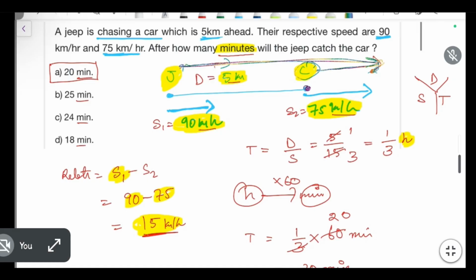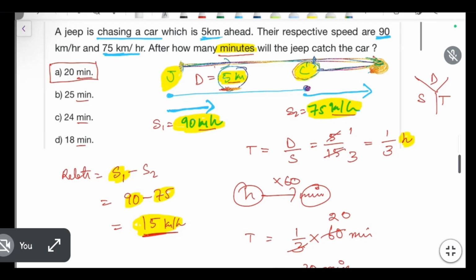So let's say this is the point where the chip catches up with the car. The car will have traveled a certain distance and the chip will also have to cover this distance. So the distance between the chip and the car, which is 5 kilometer, will be traveled by